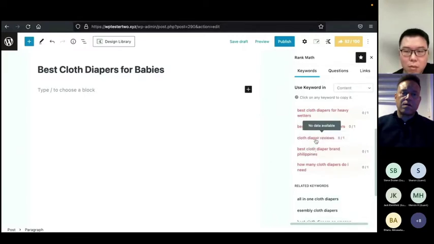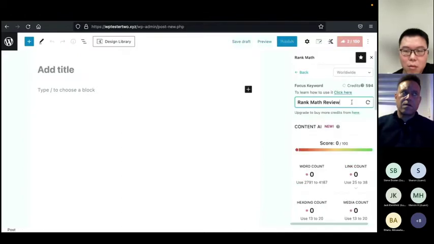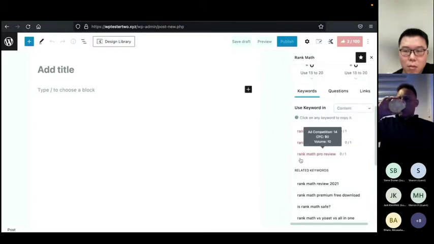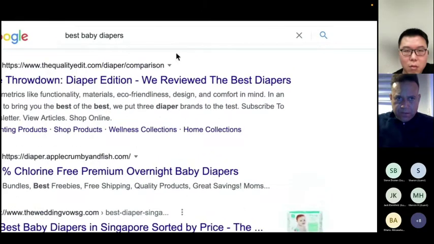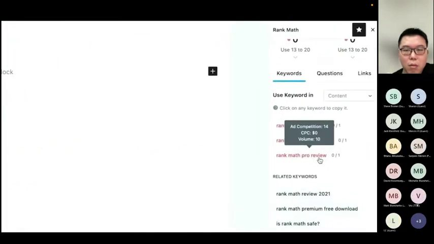Anyway, if you notice, as I hover over these keywords, it does pop up with something. In this case, it is showing no data available because these keywords are not that popular, but they are related to the main topic. However, if your main topic is popular, for example, Rank Math review, you will see data such as the ad competition, which indicates how competitive the keyword is for advertising campaigns. Businesses will try to bid for the top positions here as somebody types in that particular keyword. The CPC refers to the estimated cost for running a campaign on this keyword, and the volume indicates the estimated number of people searching for this keyword every month. This data is helpful as a gauge to the amount of traffic you will receive if you're ranking for the keyword.